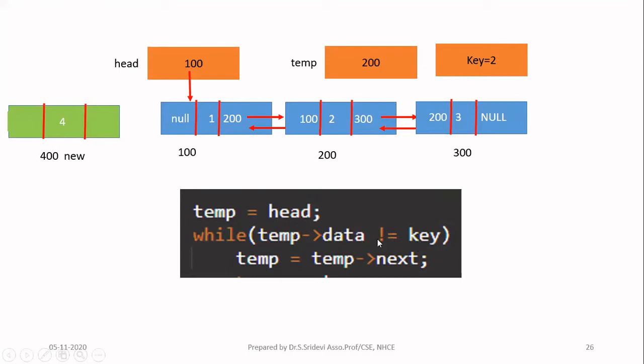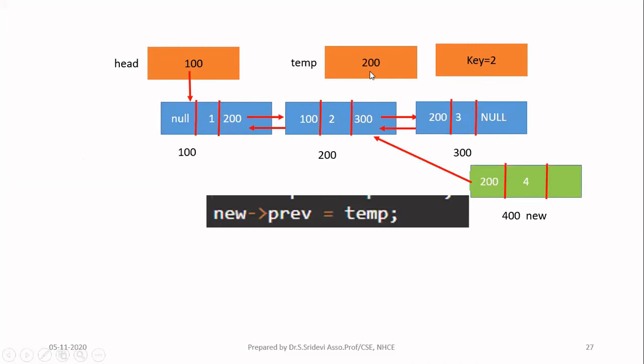That means I didn't come to a node which contains key as a data field. So I have to continue my search now. What I have to do in that case is go to the next node. For that, I am writing temp is equal to next of temp. When you do that, you will continuously travel through the entire linked list, and when any node has the data field as key, there you will stop. Here you see my key is 2. Which node is having data as key? That is nothing but this node. So here you will stop. At this point, your temp will be equal to 200, and you will come outside the loop.